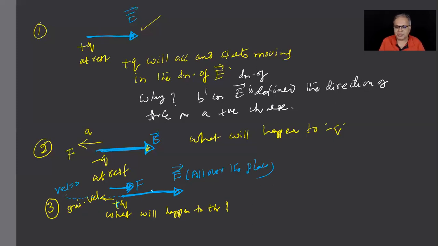Okay. When you throw this thing up, isn't the velocity of this becoming 0 and then coming back? So this is like a gravity thing. I throw a stone this way. So force will act this way. Velocity becomes 0 here, then it comes back in the direction of E. Do you follow that?